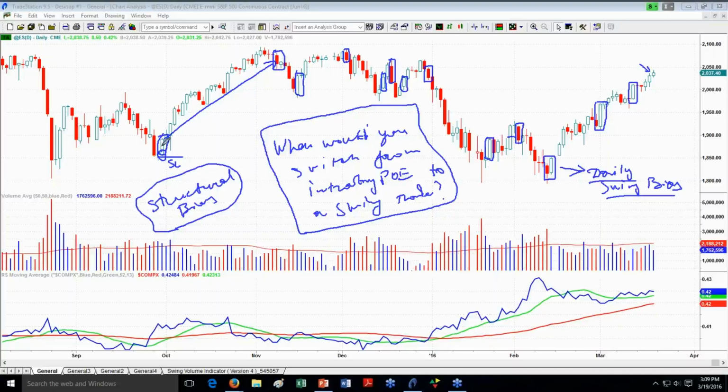So for instance, right here, we're thinking that this could be first, and we'll have a slide on this, this particular low. This could be phase B low, and therefore the next bias is going to be up. Secondly, this could be phase C, and the bias for the next move is still going to be up. So therefore, this confirms that the switch could be really profitable, and at least at the minimum our target is